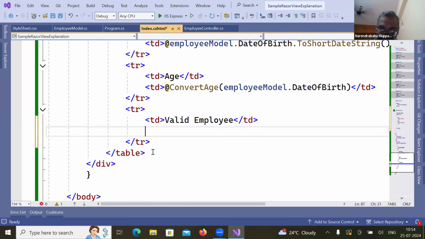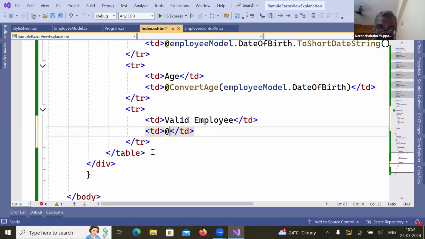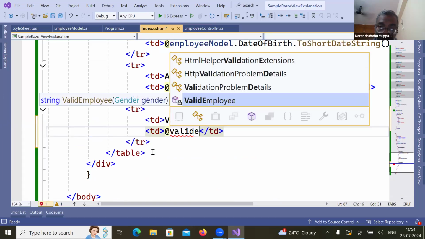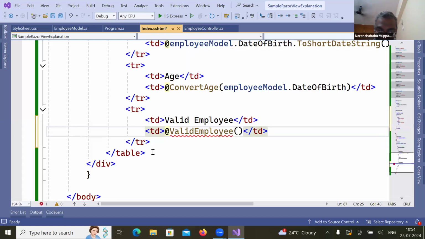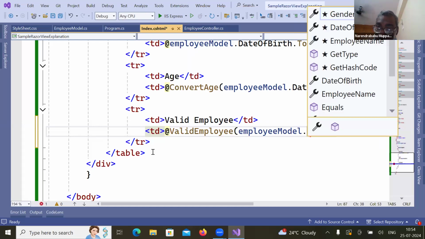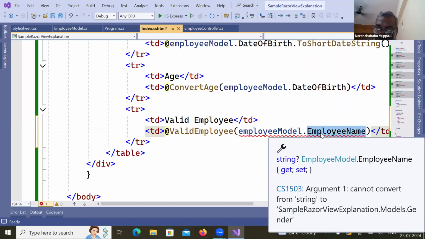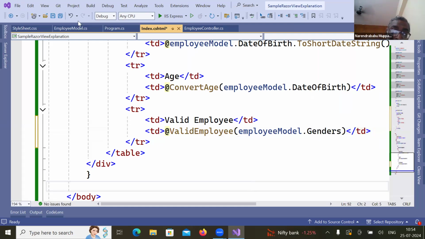What I will write here, TD, valid employee, which is expecting employee model dot. What is the attribute? Gender. Now you see,